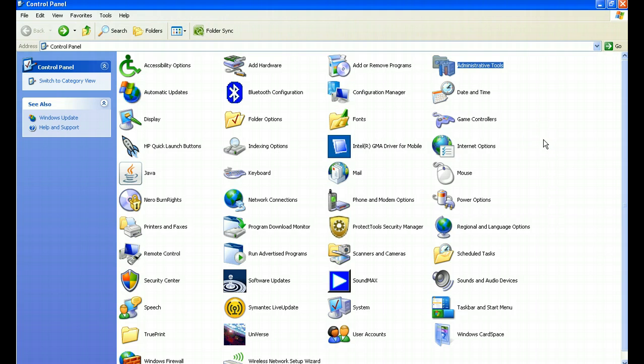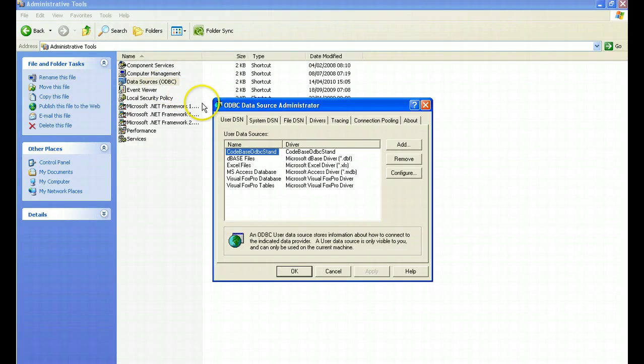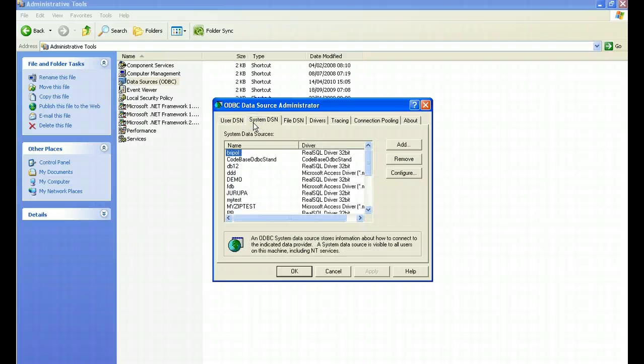So here we are in Control Panel. We're going to click on our Administrative Tools folder, and in here we're going to find something called Data Sources, and this is a utility we're going to use today to create that DSN entry. You get the choice of whether it'll be a user DSN, a file DSN, or indeed a system DSN, and that just controls who has access to the DSN. Today we're going to be using a system DSN,